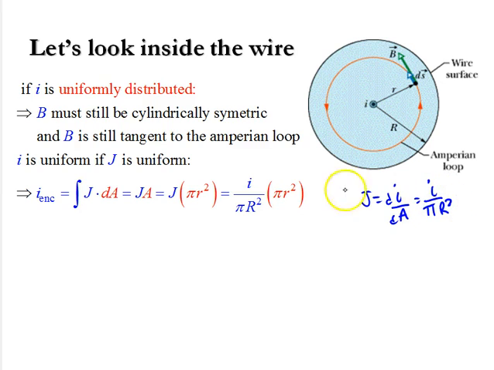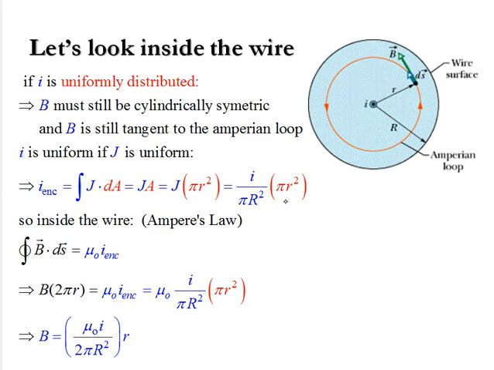So that's I divided by pi r squared. So our encircled current is some proportion of the total current. And so inside the wire, we can get our closed integral of B dot ds. That's equal to our mu naught I encircled. That's Ampere's law. Our B dot ds, again, cosine of B dot ds is going to yield a 1. So we just get the magnetic field times the circumference of our Amperian loop. That's 2 pi r. That's equal to our mu naught I encircled. Our I encircled we just found here. So we can solve for our magnetic field